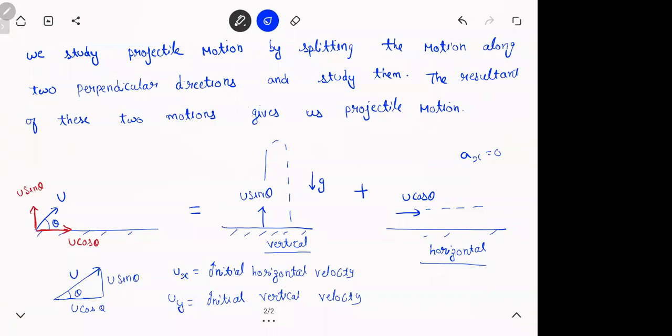But the main theme in these problems is to split the motion into different directions. I know how to do it if it is going up and down, if it is going left and right. But if you do both at the same time, I don't know what to do. So it is better you split the motion into two different parts, study them independently and add them back. Such a thing is called the principle of superposition. This is a concept which comes a lot in all sciences. What it simply means is, if event 1 creates effect 1, and event 2 creates effect 2, event 1 plus 2 will create effect 1 plus 2.